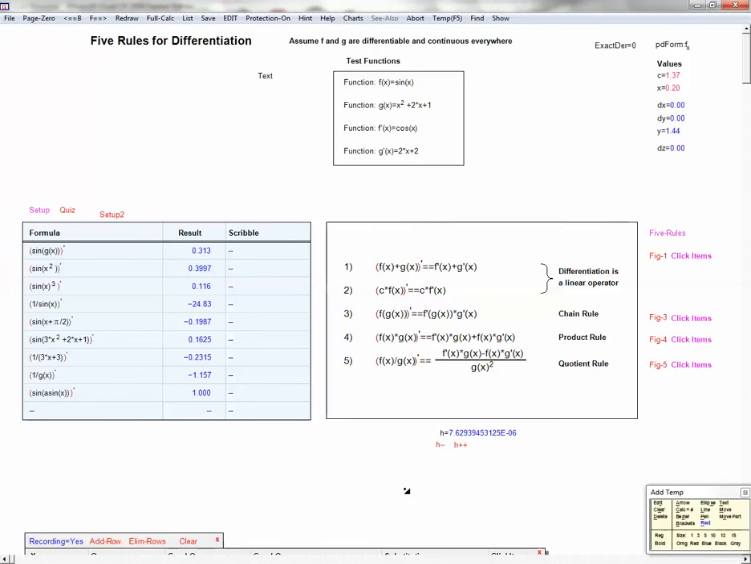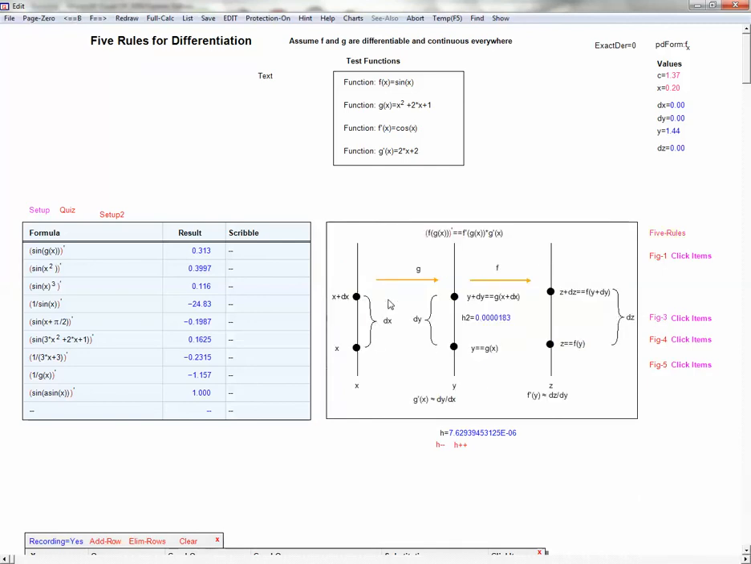In this video we're going to discuss the chain rule, which was the third rule on our list. And before we start, let's look at a diagram that will help us understand the chain rule. Remember, the chain rule is concerned with the chaining together of two functions. So let's say the first function is g followed by f, and we have